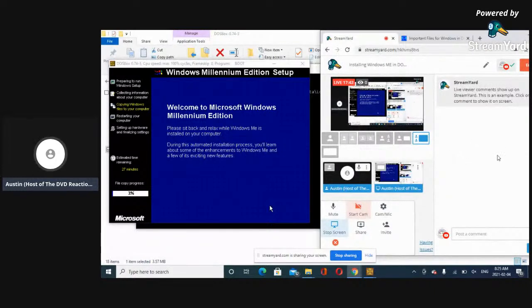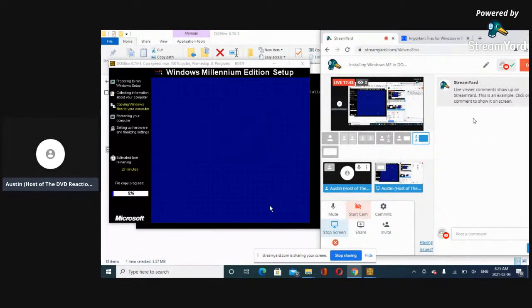And this actually goes pretty fast on this computer compared to the other two computers I used. I've installed Windows ME actually a lot off camera to see if it would actually work in DOSBox. I first did DOSBox DOM, and